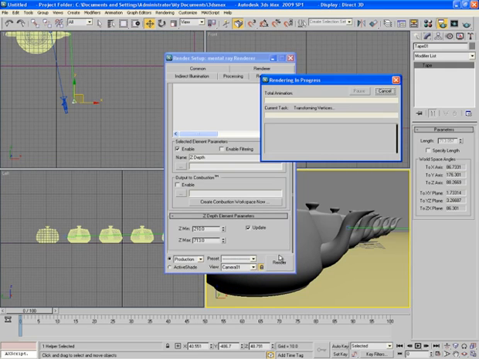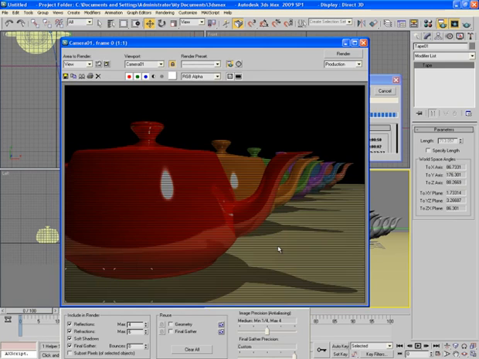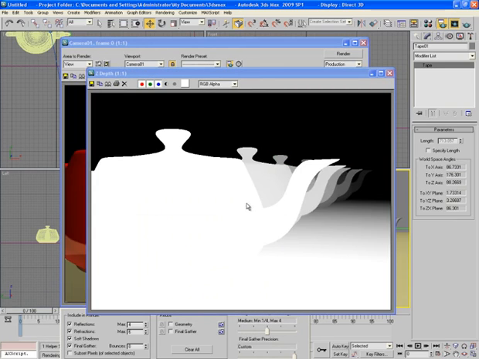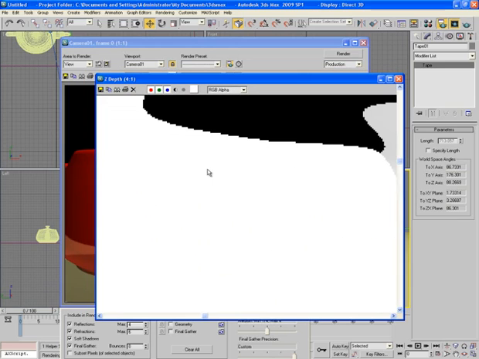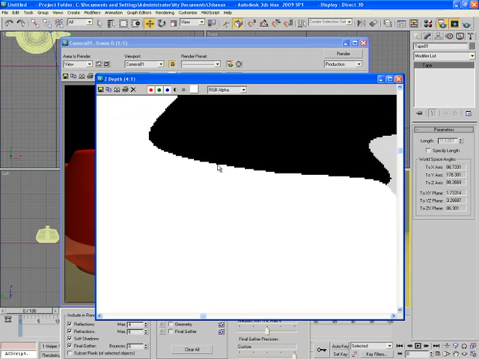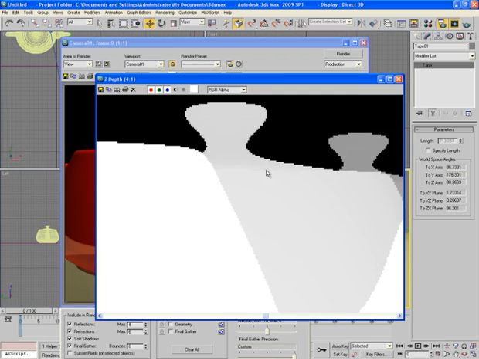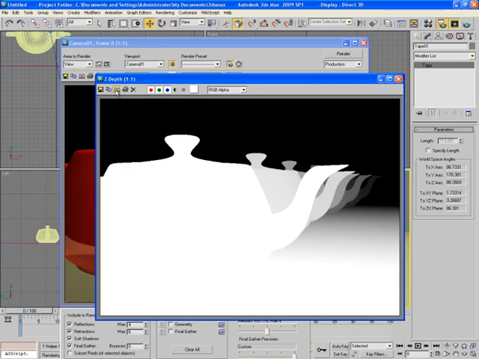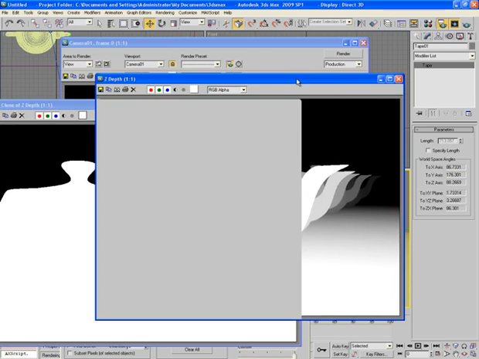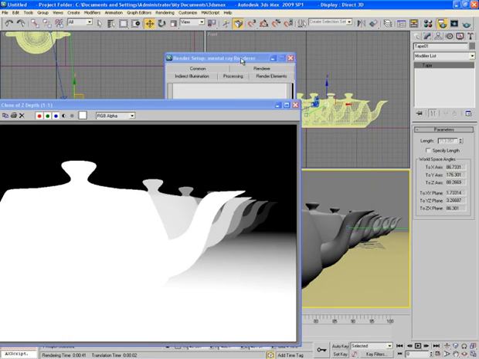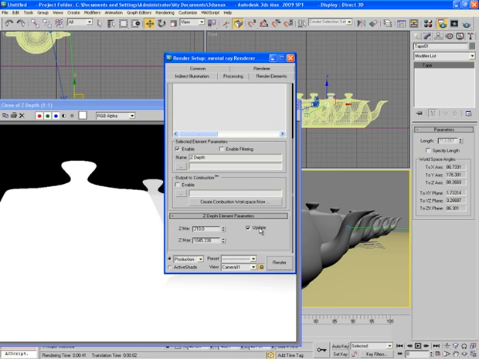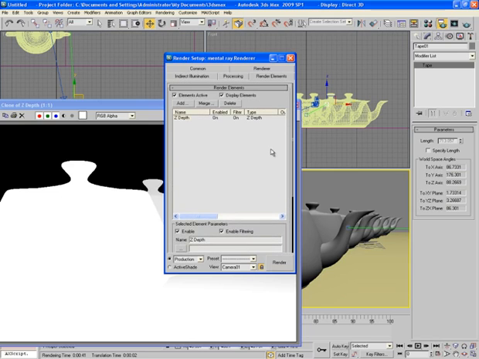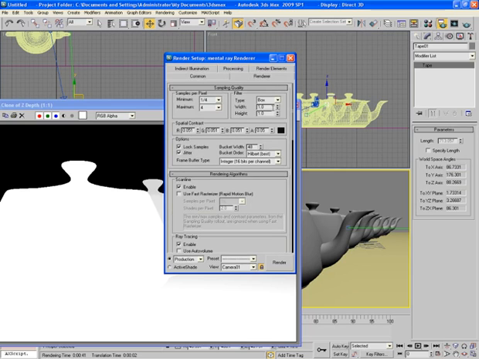Now render the scene once again. So now we have diffuse and desired Z depth pass. You can see a problem here, the jagged edges. It can create some problem in post. So let's amend it. First of all, make a clone of it just to make the comparison. And now once again go to the settings and here check this enable filtering option. And go to renderer and in filter you can choose Mitchell instead of box.